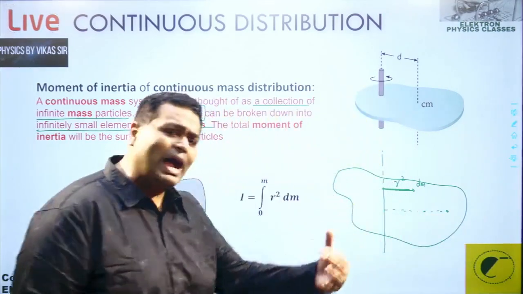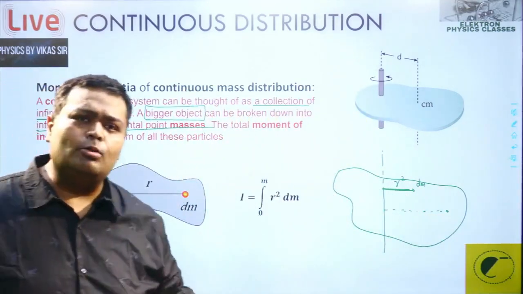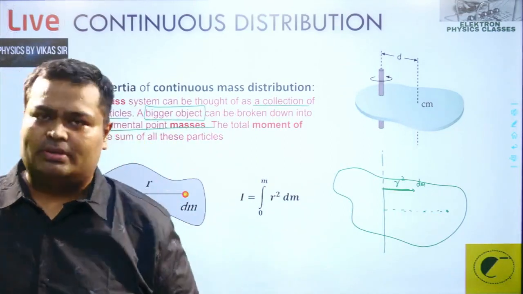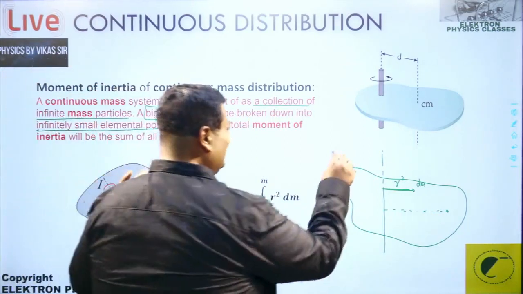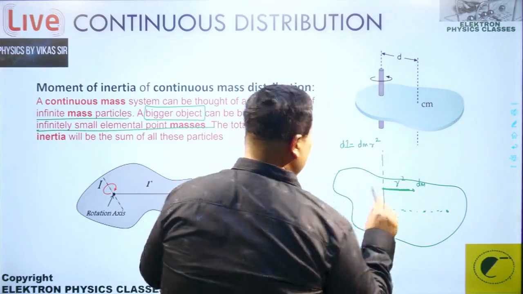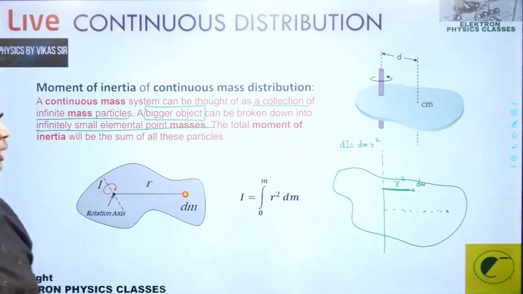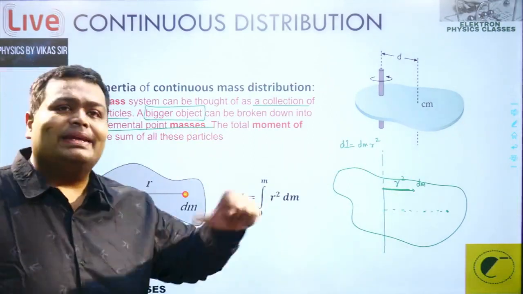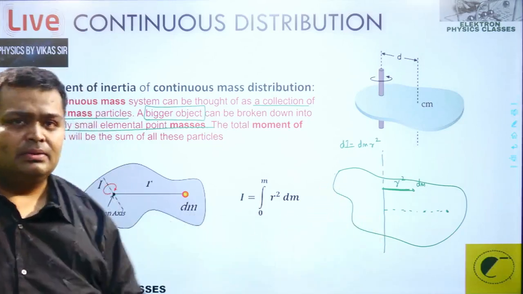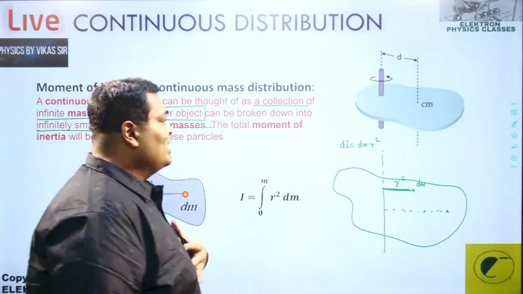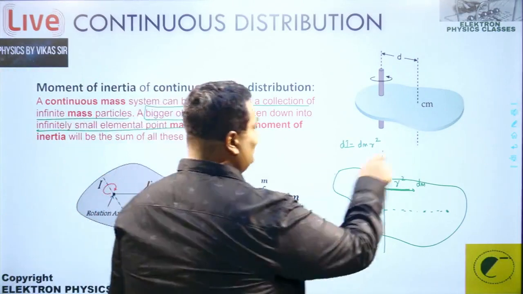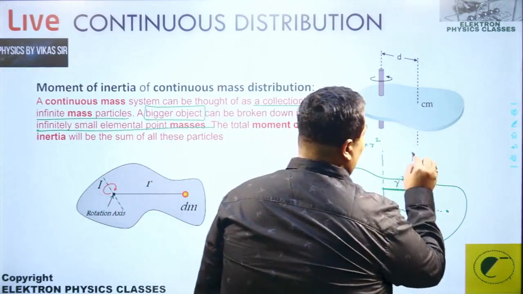And we are going to add up the little moment of inertia of every particle. Every small particle has a little moment of inertia. What is that? That is dI, that is dm into r square, and the collection is so large that it is not countable and it tends to very large. It's not 2, 4, 10, 20, 100. It is very large. So we have to take the help of what? Integration. So we integrate this particular function and calculate a value for the moment of inertia.